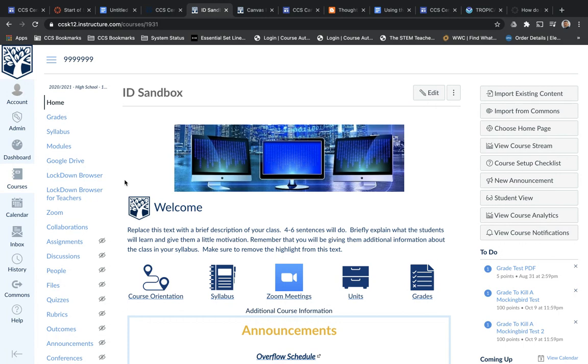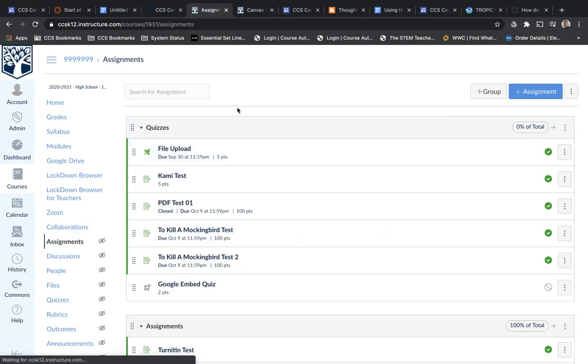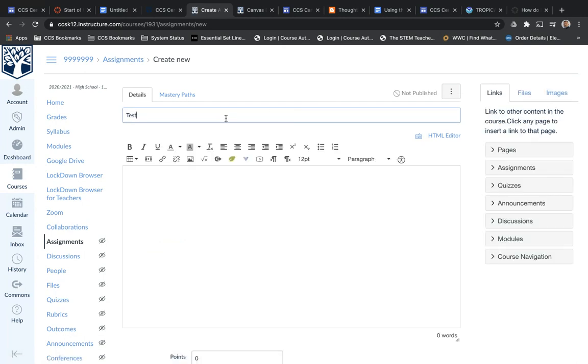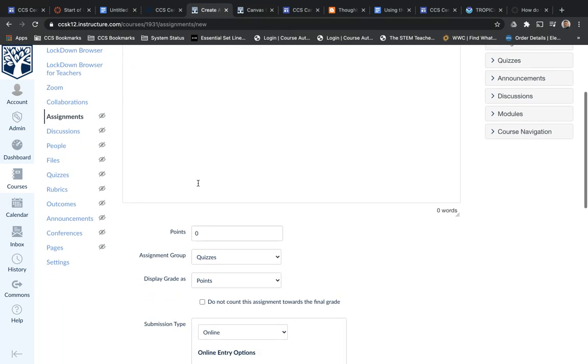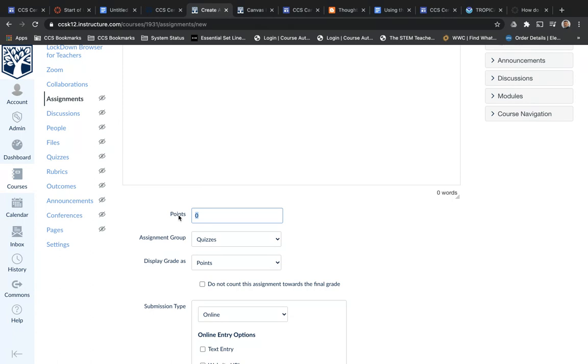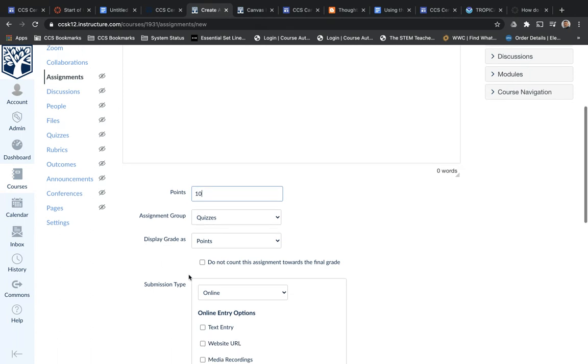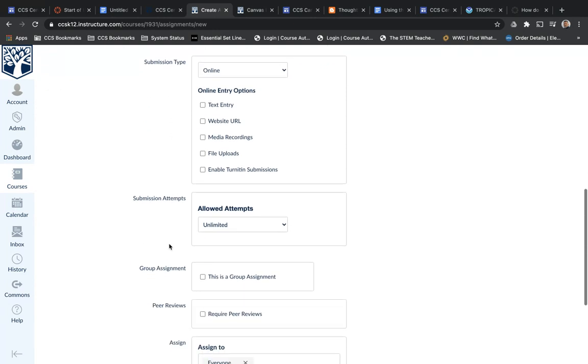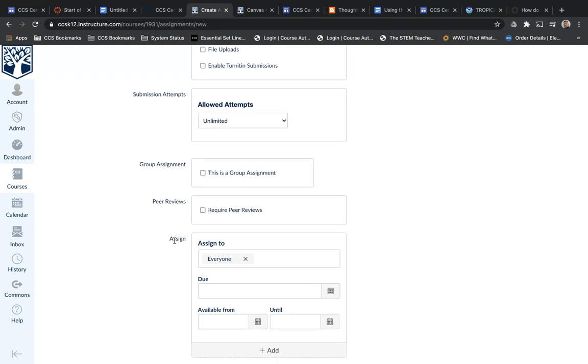The first thing is to go over here, and we're just going to go ahead and create an assignment. So I'm going to create just a little test assignment here. And then the next thing that I'm going to do, I'll put some points on it just so we can watch how this works. And then we're just going to make this an online assignment. It does not matter. But we do need to go down here to the bottom, and we need to look at this assign area right here. Remember that because your classes are cross-listed, you're going to be able to assign or make different assignment dates to different